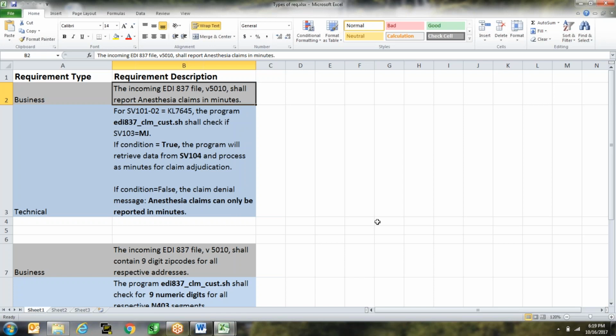Read this business requirement at least twice, and let me know if it makes sense. Does it make sense, guys? Are you with me so far? What does it mean? It means whenever an EDI 837 file comes into what? A system. When it is being received by the system, version 5010,